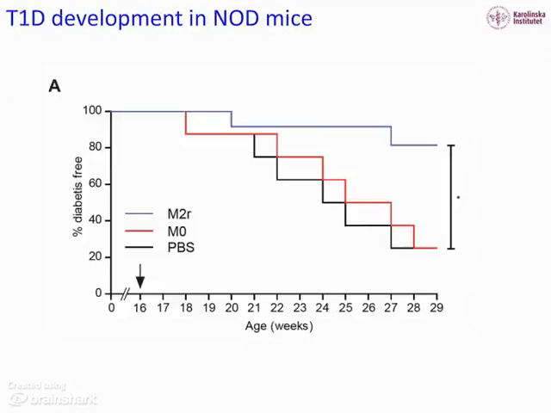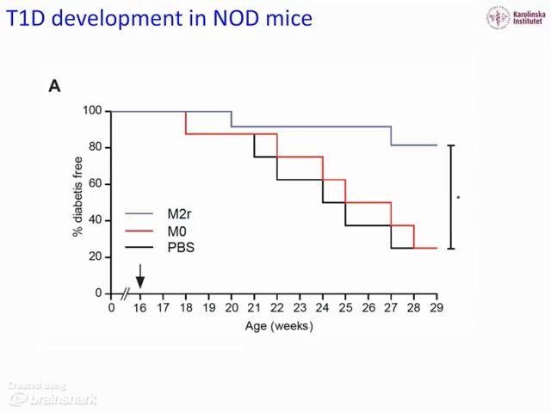So it's nice that the cells ended up in the right place, but did they do anything? On slide 12 you see an assessment of diabetes development. This is by measuring the glucose in the blood of mice, and in this graph it's showing on the left the amount of animals which are healthy, and on the bottom axis is the time of the experiment, the age of the mice in weeks. So if we start with the red and the black lines, these are showing the untreated animals or the animals which received an unstimulated macrophage transfer,